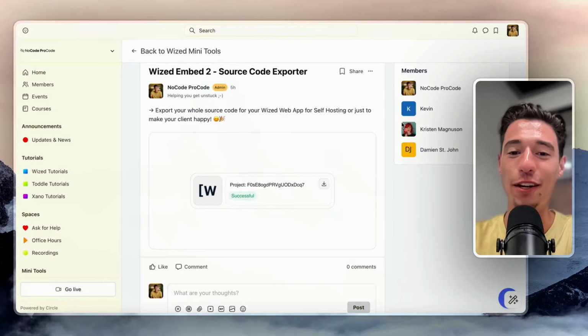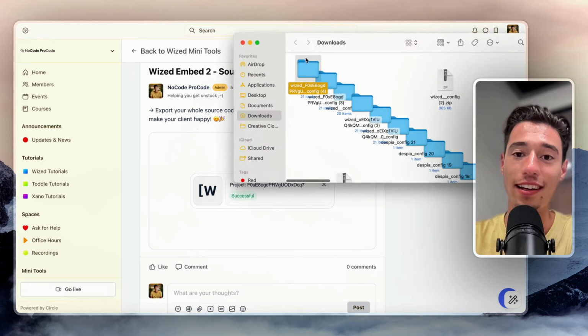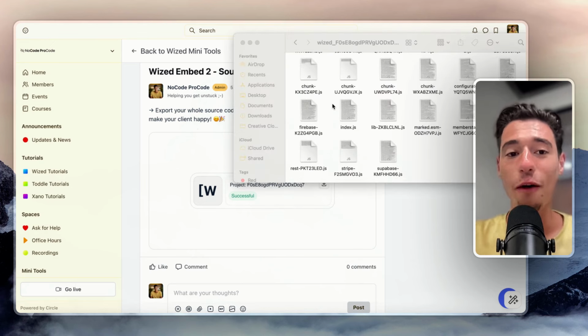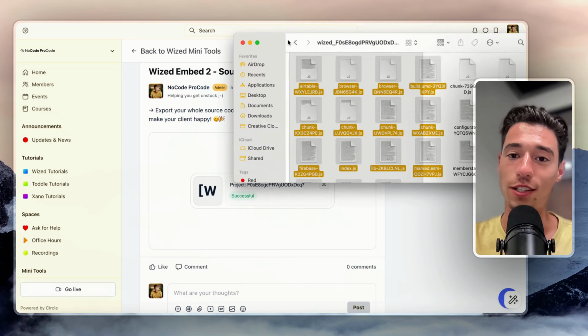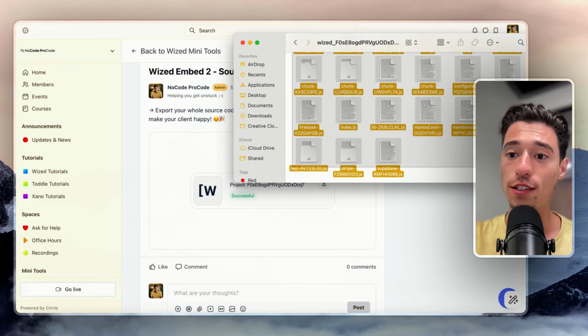Hi, today I want to show you how you can simply export the source code of your Wized file with the click of one button, and how you can access your whole Wized project with all dependencies in it and the whole source code. And you could just take this and drop it into your CDN and self-host this,